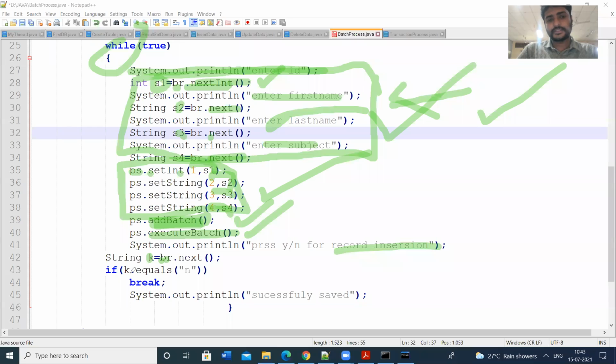Here I am writing the condition. If k.equals n, if you press n, that is the termination condition. Then break. That means if you press n, the next tuple will not be executed. If you type y, the next tuple will be inserted.